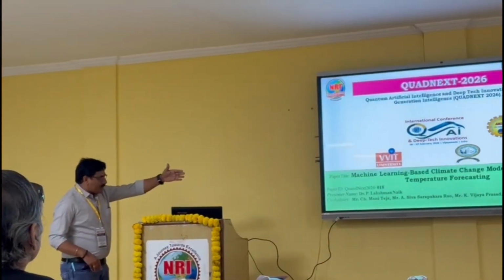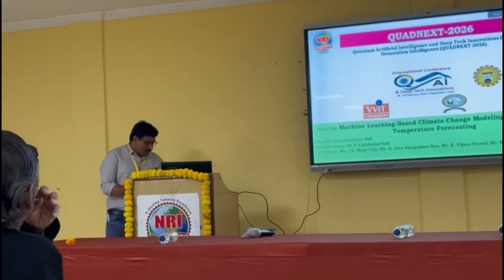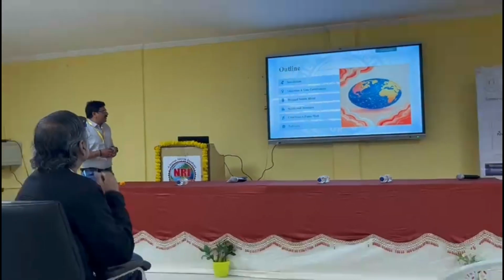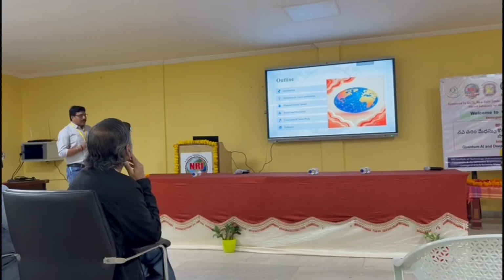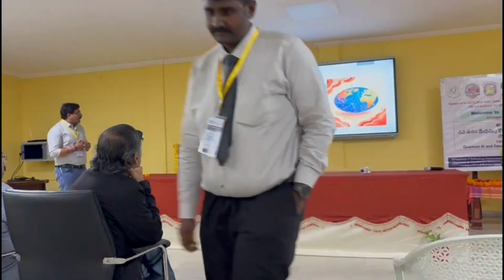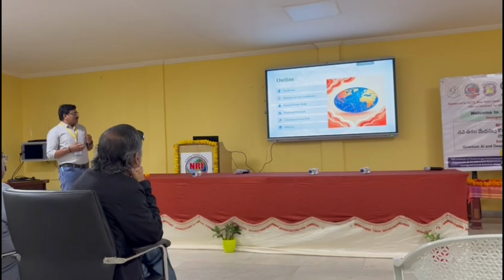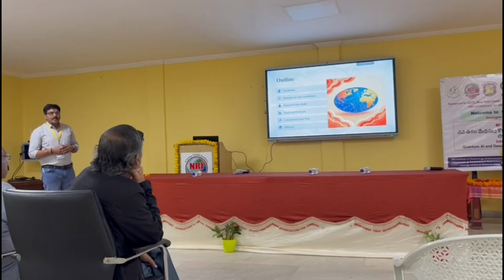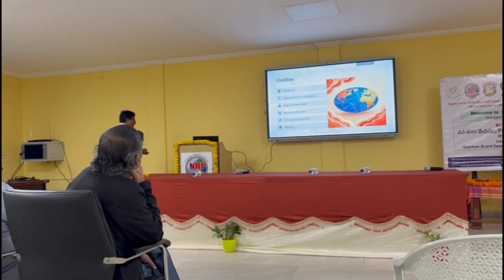So my co-authors are also listed here. Now I want to go through the outline of this presentation. So these are the outlines of the presentation. I want to cover the introduction of this particular research paper, where we were motivated, and what are the core contributions we involved in this particular paper. I want to explain in detail the proposed system models, and results and discussion I want to discuss in this particular paper. After that, the valid research references are listed in this paper. Those are very helpful information for the development of this paper.